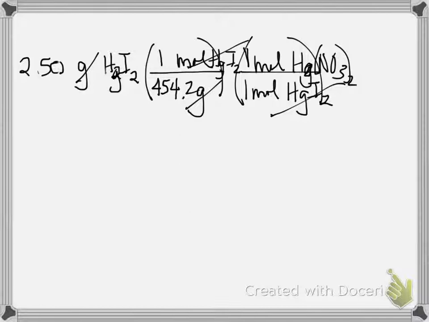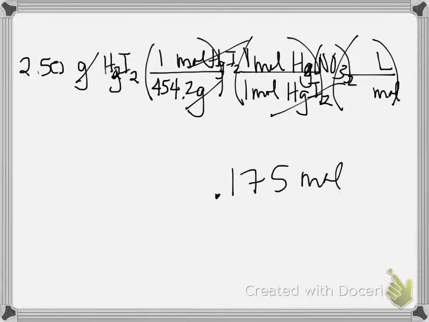Alright, from there I convert to liters. This is where I use the molarity. Molarity is moles of mercury 2 nitrate to liters of mercury 2 nitrate. The molarity was 0.175 moles of the compound per liter. So for every 1 liter, there's